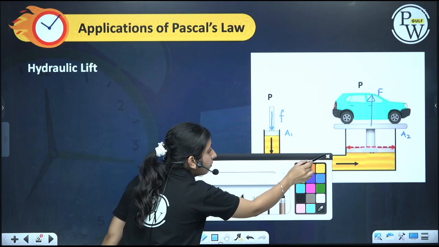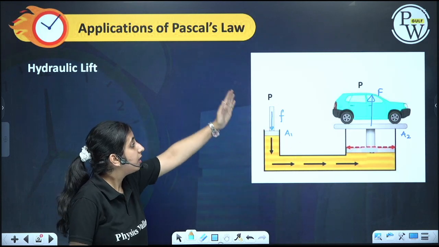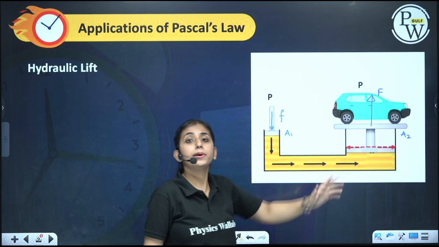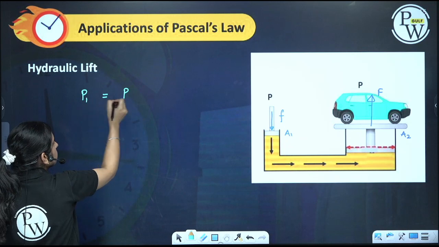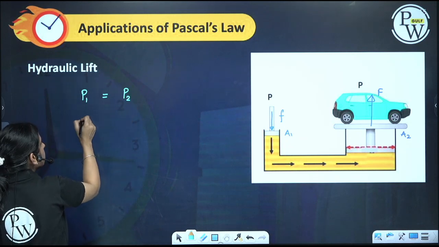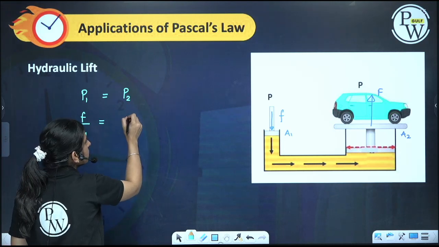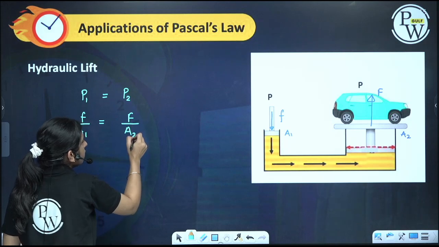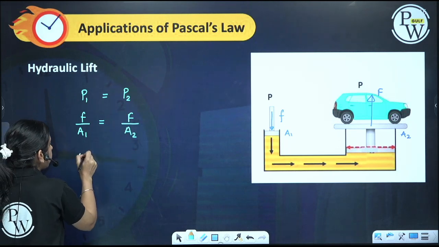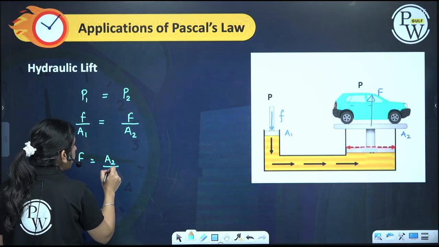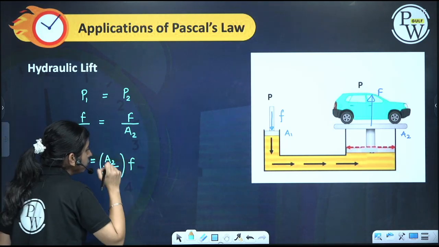Now by Pascal's law we know that extra pressure exerted at any one point of the fluid is transmitted equally. So pressure here will be P, pressure here will be P. So P will be equal to P. Pressure on both the pistons will be equal. So pressure on the smaller piston will be small f by A1 and pressure on the larger piston will be capital F by A2. Now applying a small force f, how much force do we get on the other side? F is equal to A2 by A1 times small f.